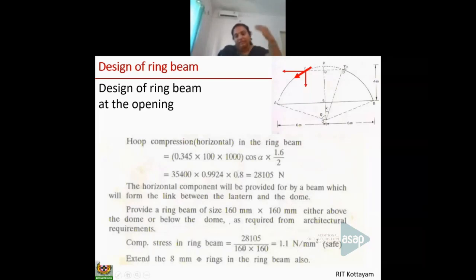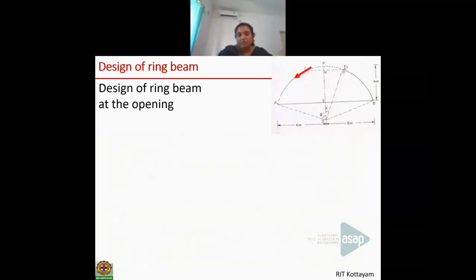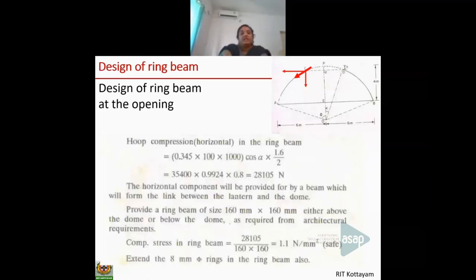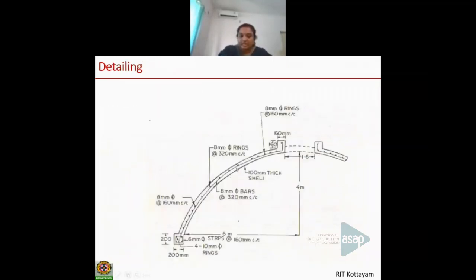You proceed with the procedure which was given above for the design of the lower ring beam and apply it here also. So that is sufficient. And if no time is there, you can just say that okay, use a 160 by 160, or 200 by 200, or 250 by 250 millimeter ring beam, and then give a value for the number of rings.